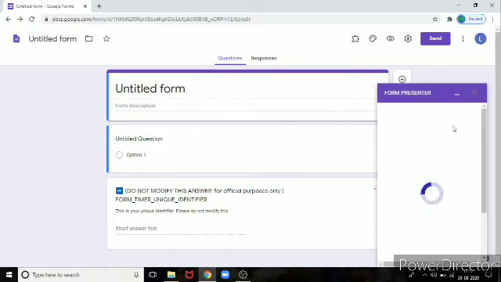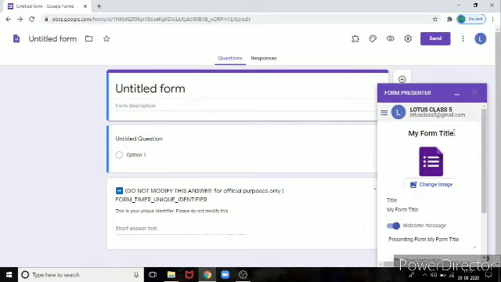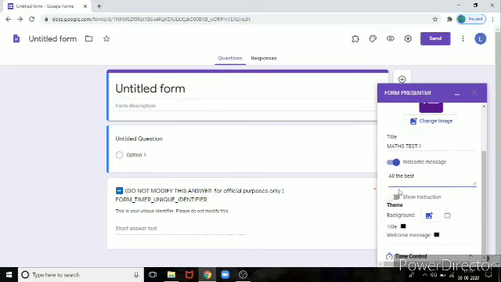In this window, you have the title option. For example, if you want to change this title, suppose I am conducting maths test 1. If you want to give any welcome message, you can give it. Show instructions: if you want to give any instructions, you can add them.